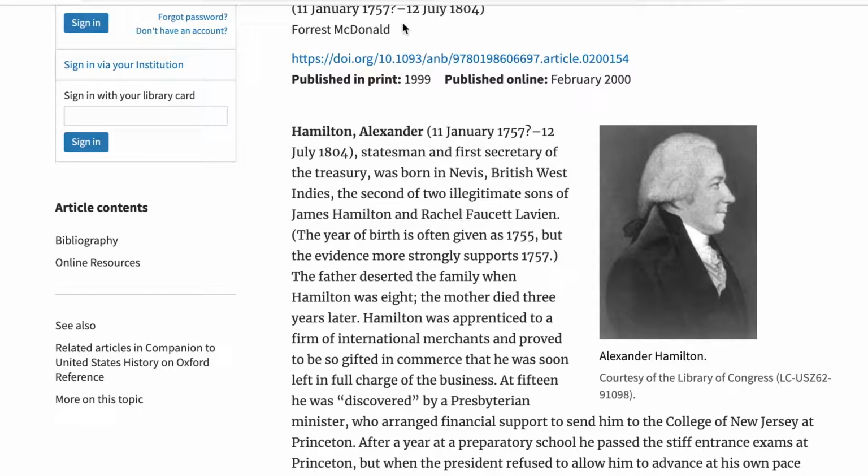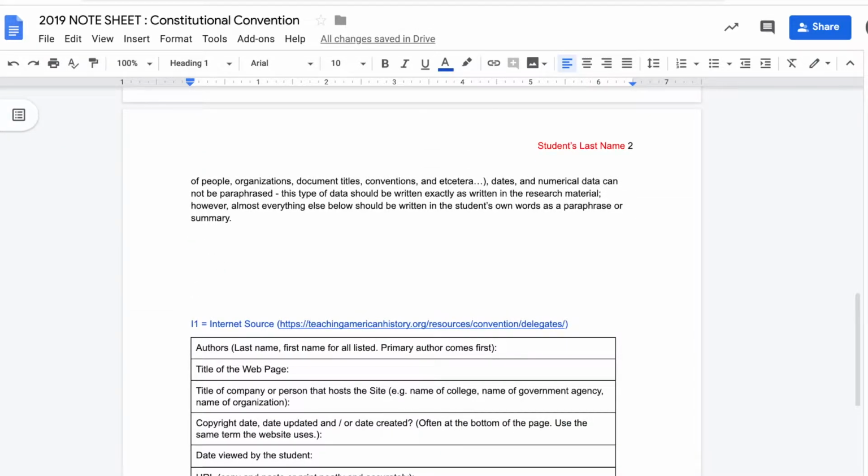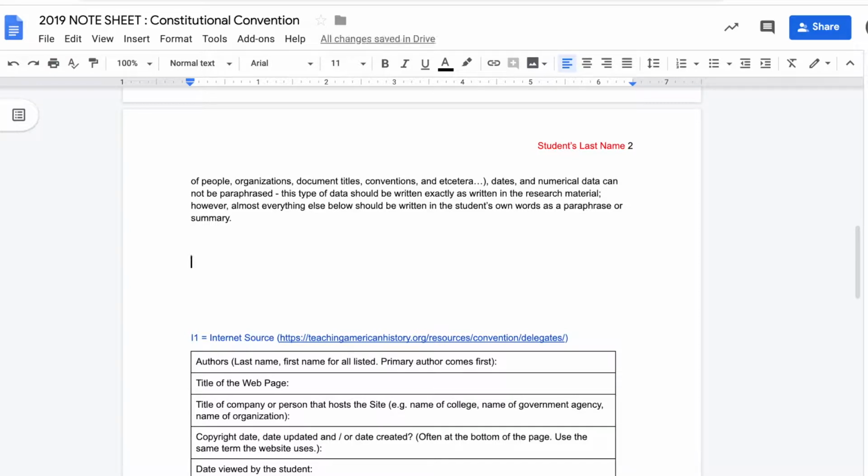And again, you'll read and annotate this after you print it out, and then you will take notes underneath here. Remember, proper nouns can't be changed, dates can't be changed. However, almost everything else, unless you're doing a primary source quote, word for word, something said 200 years ago that you find, the rest really should be paraphrased. Bullet points are fine, just as in the other project. Complete sentences are not required, as long as you give enough detail to where the facts that you're writing down here will make sense to you a few days from now when you go to use them.